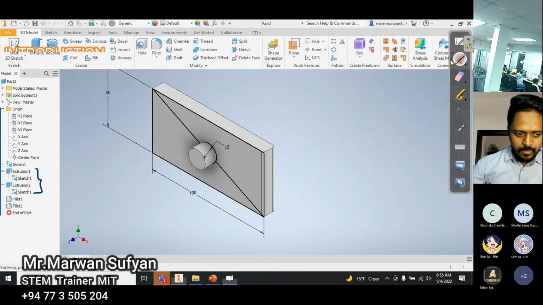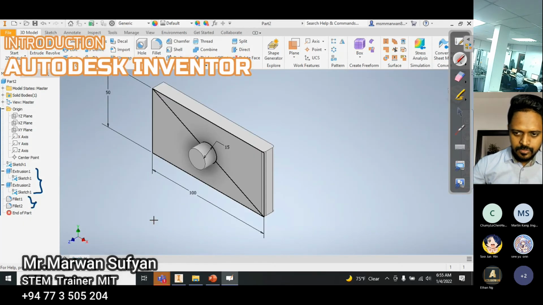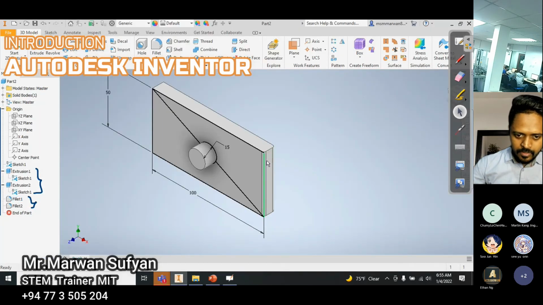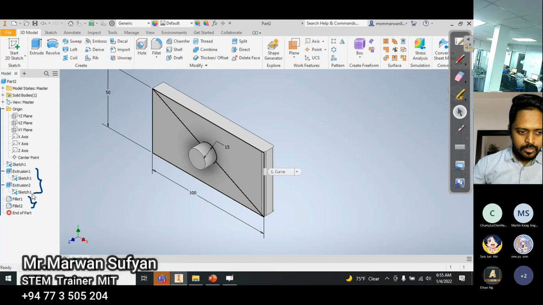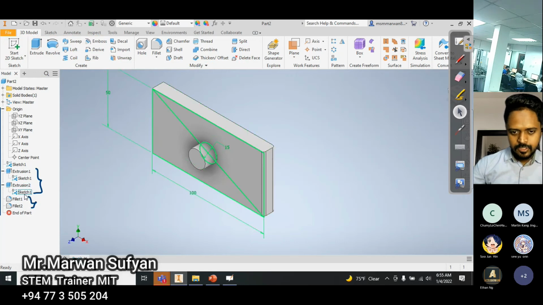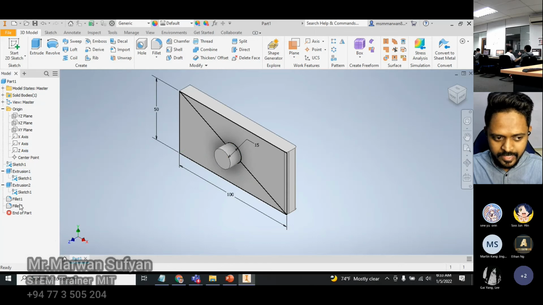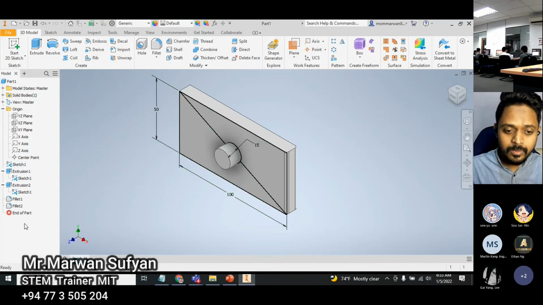And if you check the other one, these two are not sketch based. What is that? Pick and place tool. In order to do a fillet, we don't need a sketch. In order to do the extrusion, we need a sketch. So what feature based means is all the history of the model creation is recorded. That is feature based. Now what I can do is go back to the past and